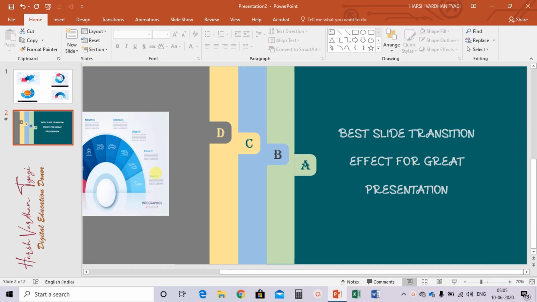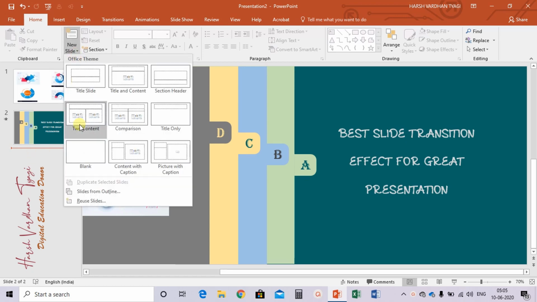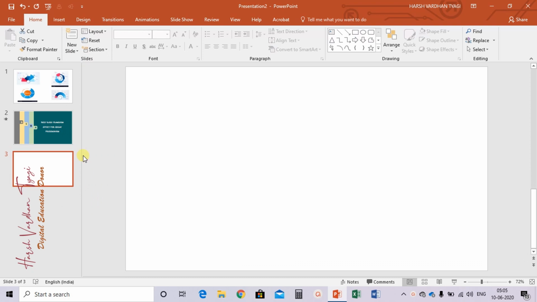For this I have created this presentation, but let me add a new blank slide so that I can show you how you can create this best infographic presentation. Firstly, you need to upgrade your PowerPoint software or your MS Office package. To design these types of presentation, you need PowerPoint 2013 and above.